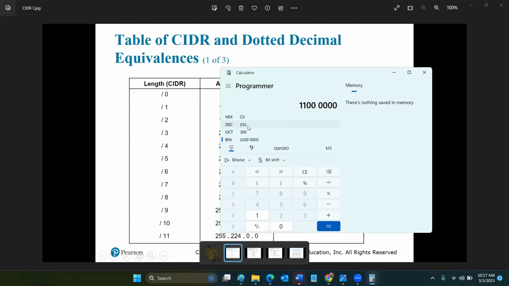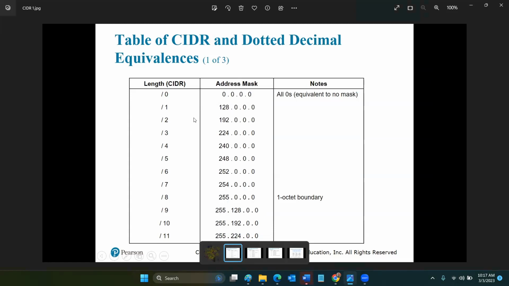and so on. Does anyone know what the /3 is? Off the top of your head. I'm going to ask you to become so familiar with this that you can talk about some of these numbers off the top of your head. If I take 11100000, it's 224. So in progression, 128, 192, 224, as we keep adding ones to the binary